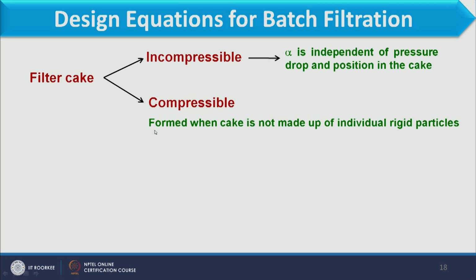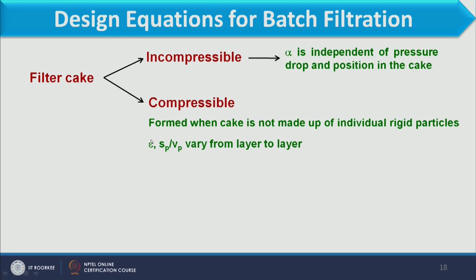And here we have assumed the cake to be incompressible, so it should be free from the pressure drop, or it should not depend on the pressure drop, the alpha value. And here we are considering the compressible cake, where we have different conditions. The compressible cake is formed when the cake is not made up of individual rigid particles. When particles are not rigid, then we can make the compressible cake, where epsilon, Sp by Vp vary from layer